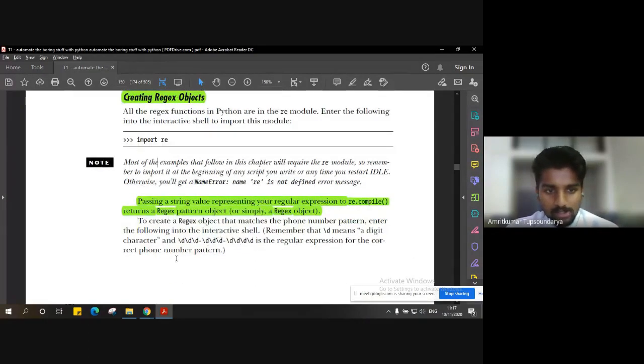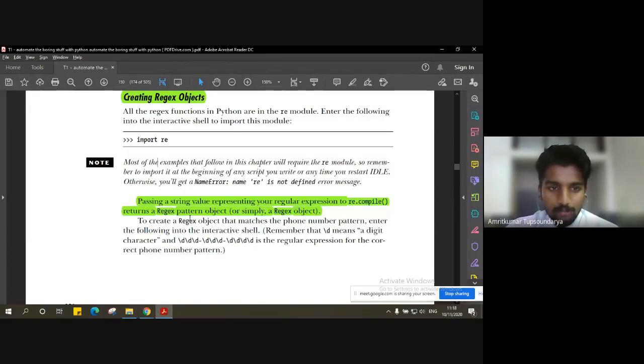After passing a string value representing your regular expression, whatever format we have created just now, to re.compile, this function, which is under the module re, compiles that regular expression. Passing a string value representing your regular expression to re.compile returns a regex pattern object.